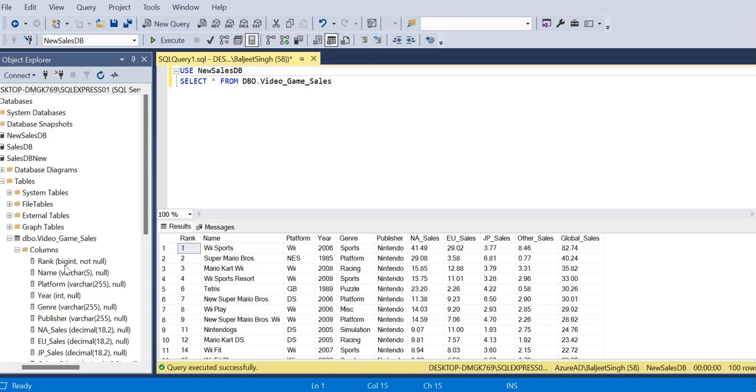Like rank is integer, not null. Name and platform is varchar. Year is integer. Genre is also varchar. And you can see the corresponding type of each and every column here.